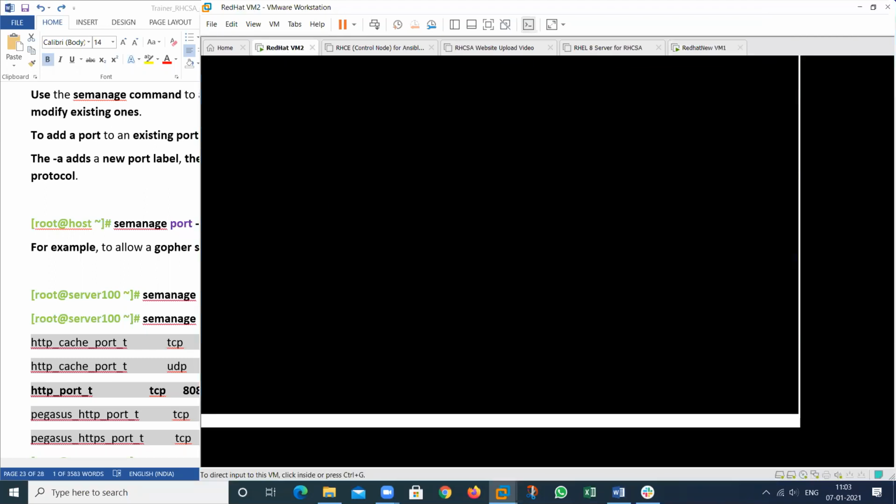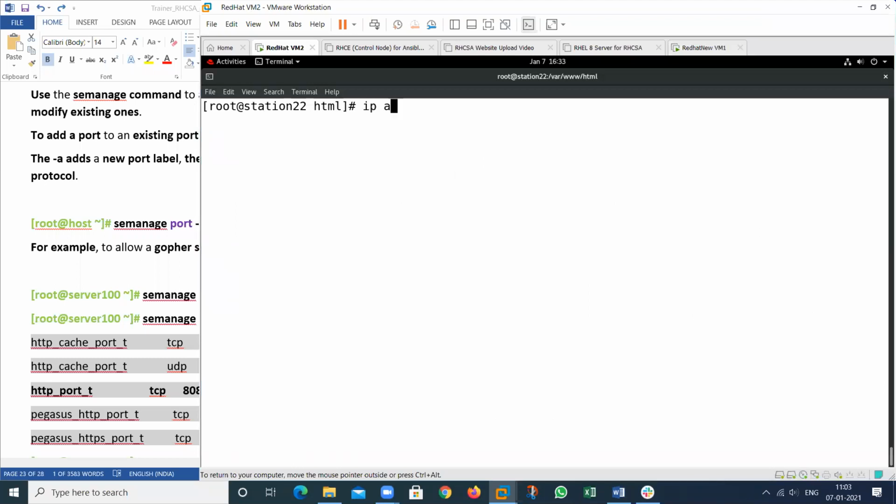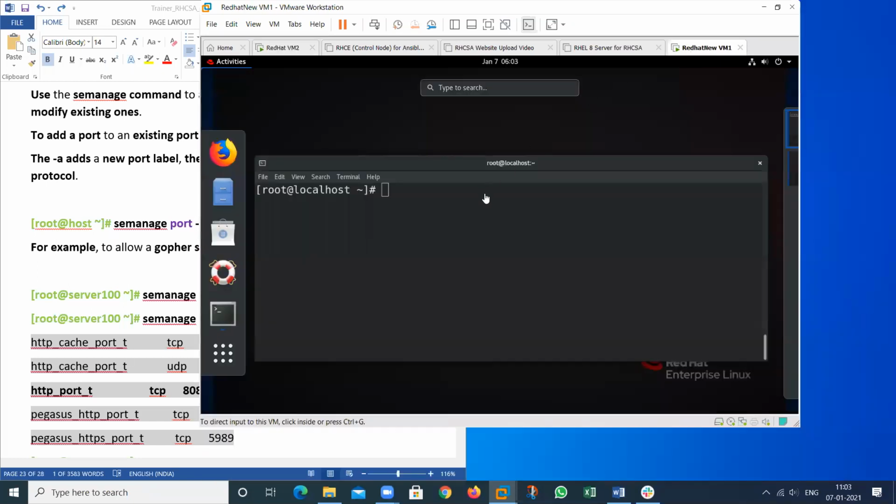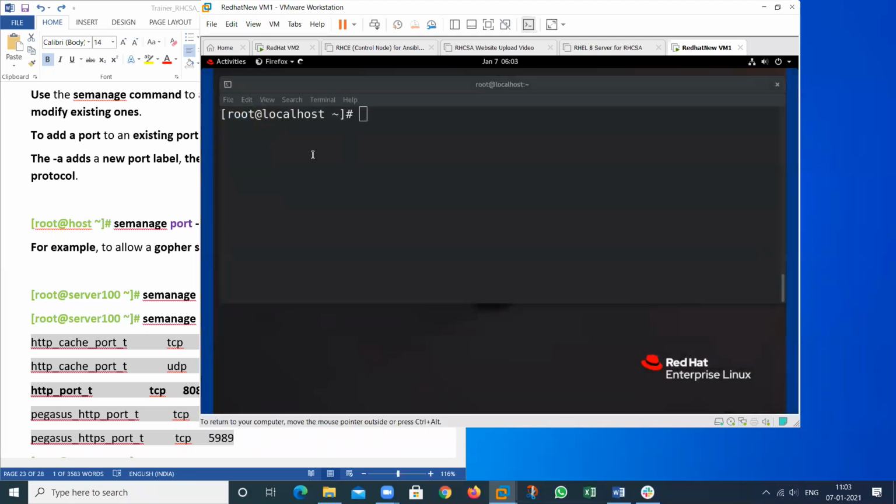So this is my server. See here, my Apache service is running, that is enabled also, that is running also, that is bound through this particular port also. So in my LAN, if any client accesses this particular web page, then what will happen?